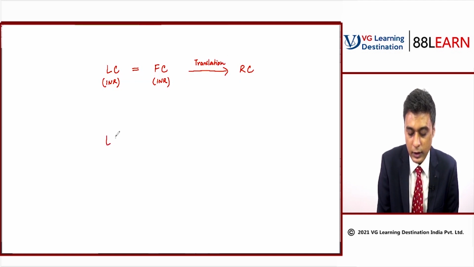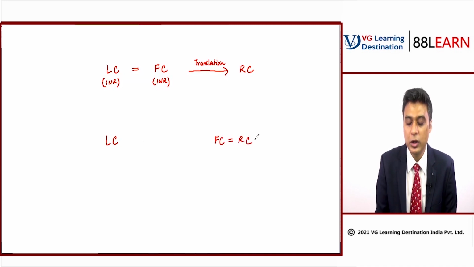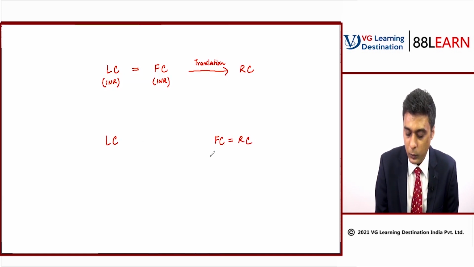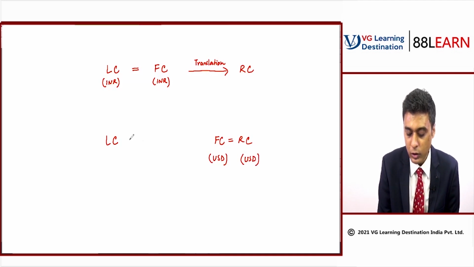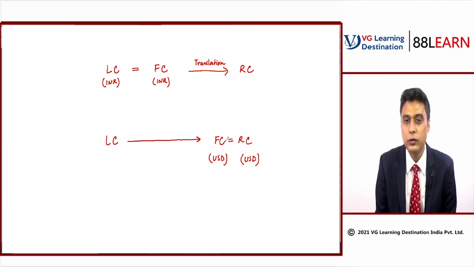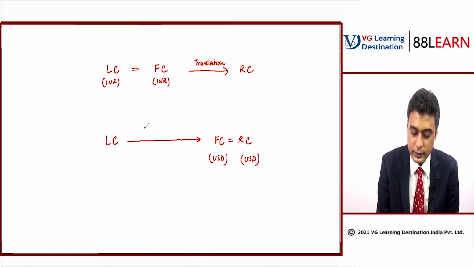But if the local currency is not the same as functional currency, and let's say the functional currency is the same as reporting currency, that means we are talking about a country where US dollar is the functional currency and the reporting currency is also US dollar. Therefore, now we are talking about converting the financials from local currency to functional. The moment we convert it to functional, we are already at the reporting currency because functional is equal to reporting. In this case, we are going to follow something which is called the remeasurement method.